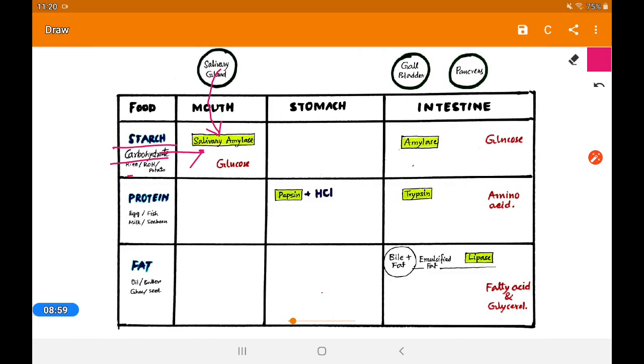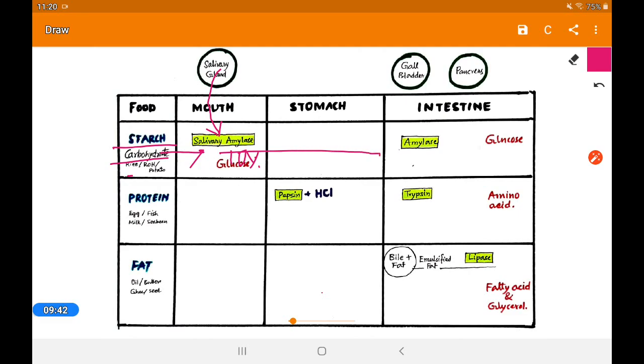and here a very small amount, suppose 10%, can be converted into glucose. So from the total material, a very small amount of glucose is formed. You can do one experiment at home. Take one small piece of bread and roll it in your mouth for a long time. You get the sweet taste of glucose. Normally bread does not taste sweet, but if you roll it for a long time, this polysaccharide converts into glucose, so that we get the sweet taste of glucose.